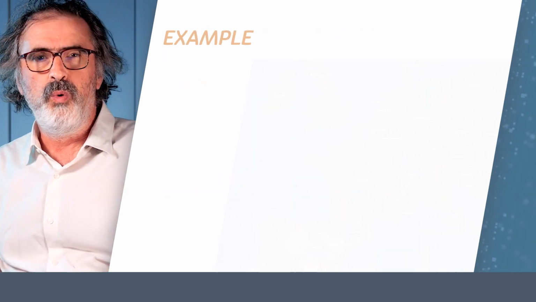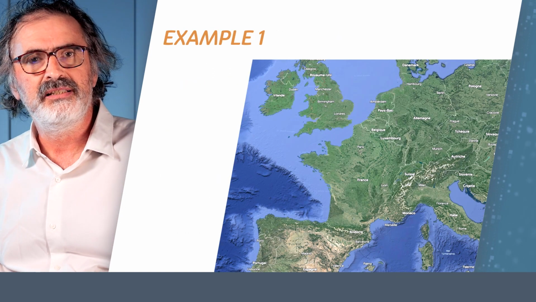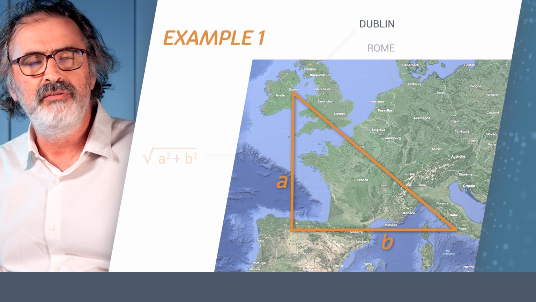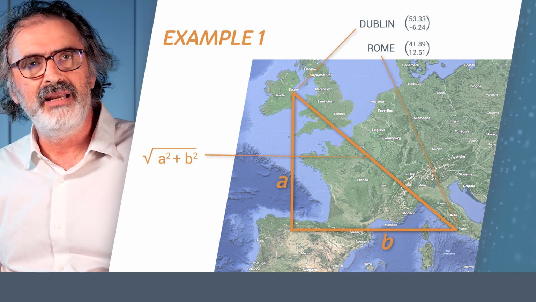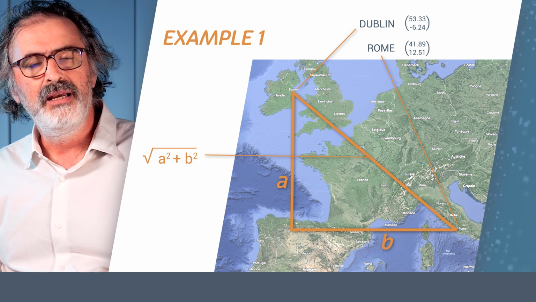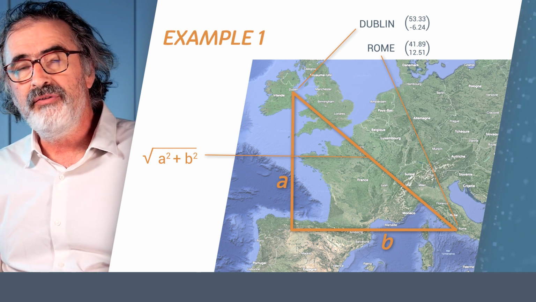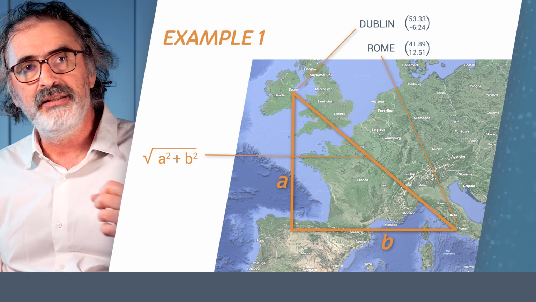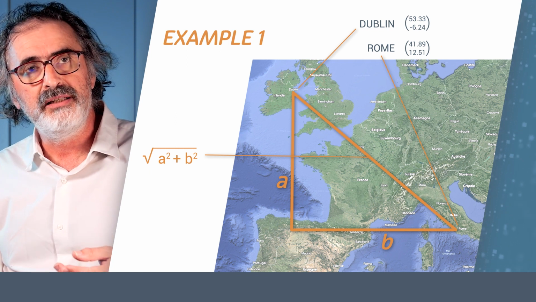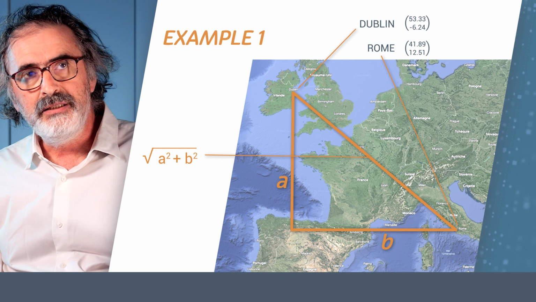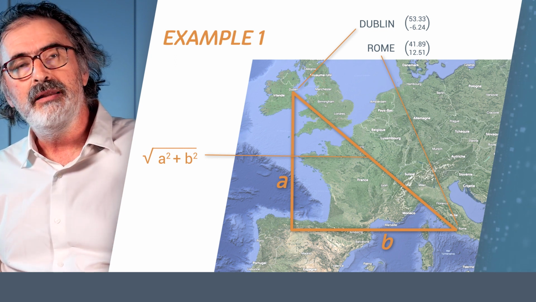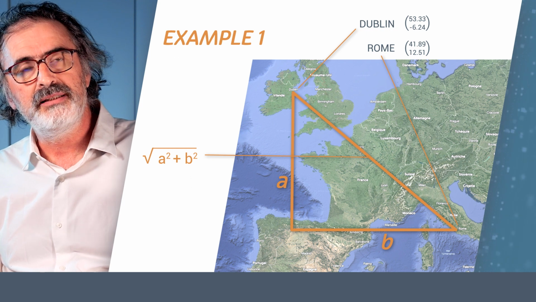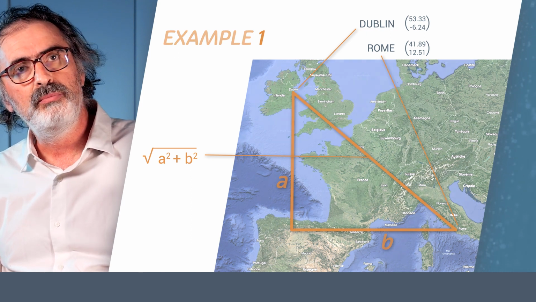distances. One of the best known distances is called the Euclidean distance. You have all learned this at school. On this slide you can see the mathematics, which are the simple mathematics that go with it. So if I've got for the city of Dublin and the city of Rome 2 coordinates, I can apply a typical equation, and using this equation I can then transform the coordinates into kilometers or into miles.